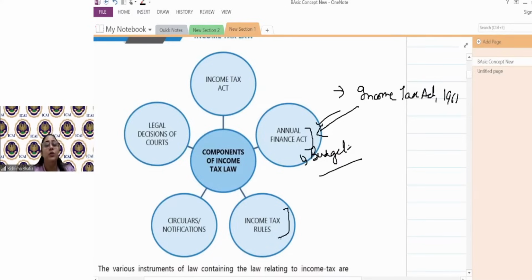Now, what is income tax rule? Income tax rule, in fact, most of the acts are accompanied by rules. Whenever something is written in the act, it is decided that it should be done in the prescribed way, prescribed manner. मतलब ये चीज ऐसे होनी चाहिए. Act लिखेगा what is the thing, what is the law. Rules will tell you how that law has to be performed.